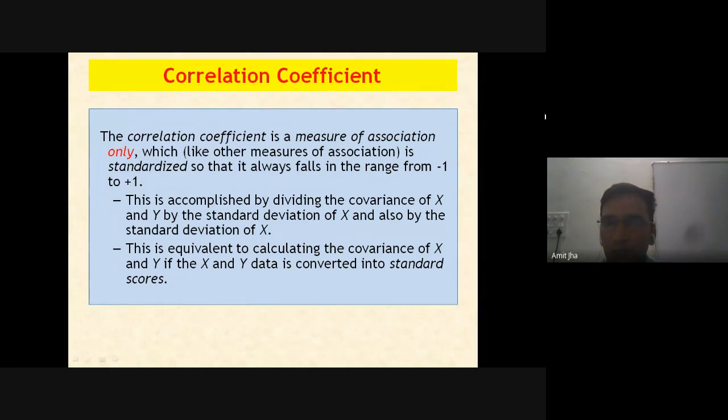These two variables are linearly related. If the height of an individual is more, then of course the body weight will be more. And this measure of association is measured through the correlation coefficient, and it ranges